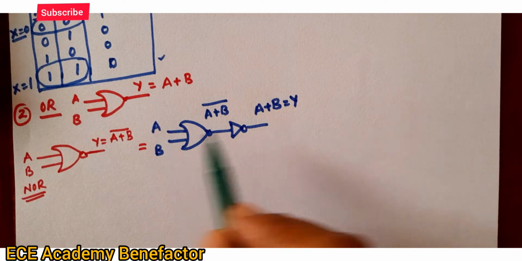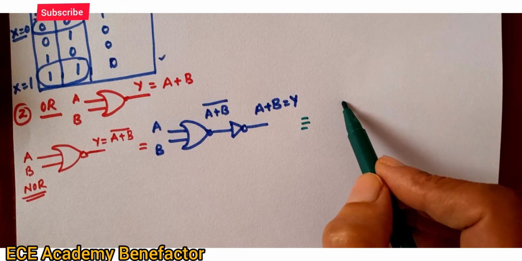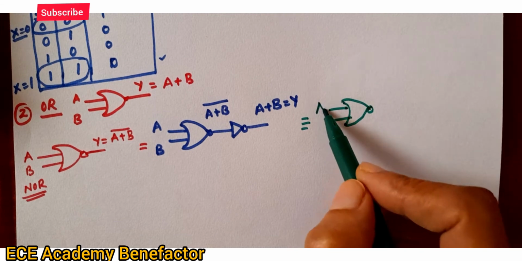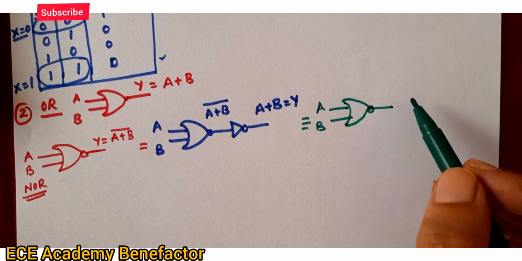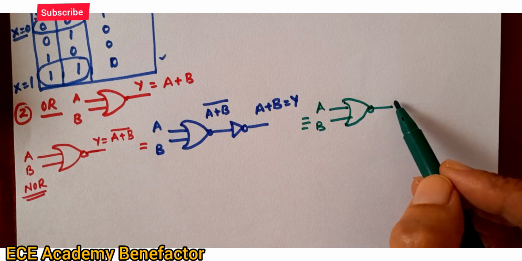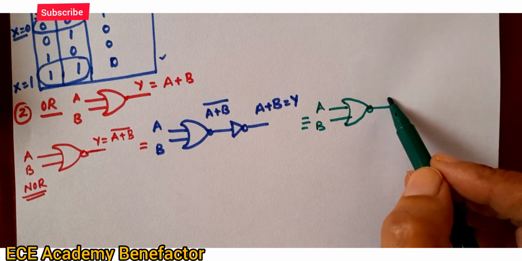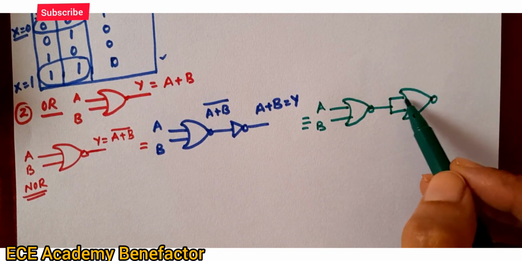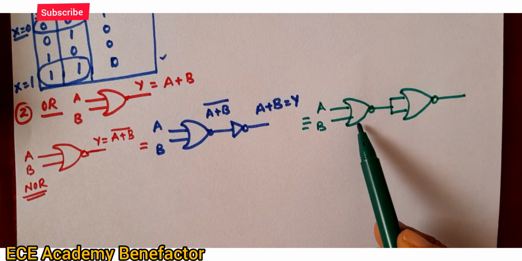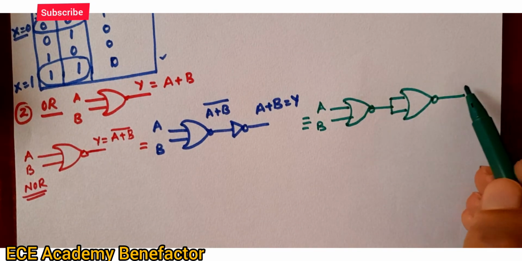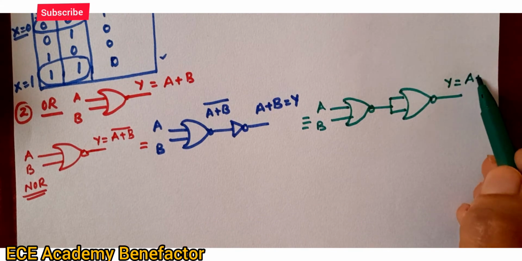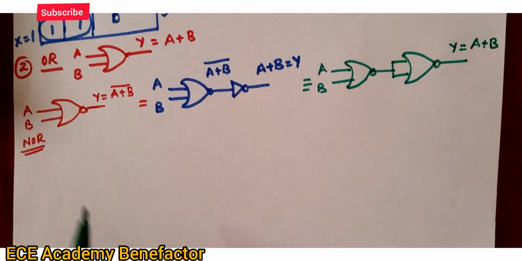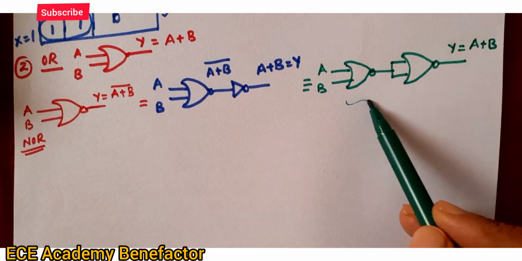So how can we do it? Place a NOR gate, input terminals are A and B, and then a NOT gate. But how should that NOT gate be made? It should be made using a NOR gate. So connect both the terminals of the NOR gate. When both the terminals of a NOR gate are connected, it becomes a NOT gate. So a NOR gate with a NOT gate gives an OR gate. Y is equal to A plus B. Okay. So in this way, from NOR gate you can design an OR gate.